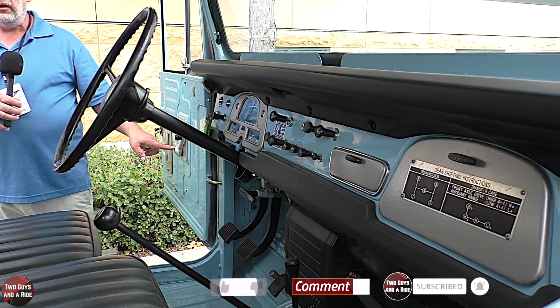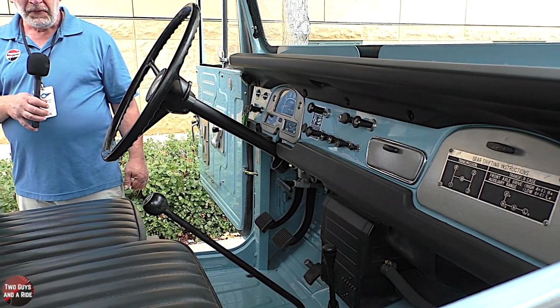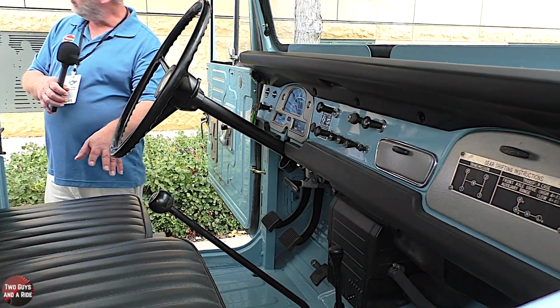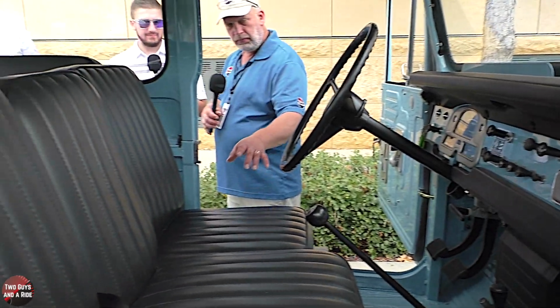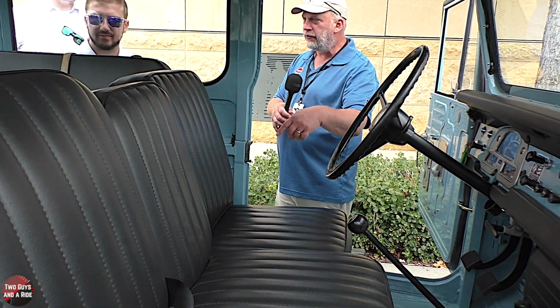If you don't know what one of these is, folks, that's a window crank. If you've never seen one of those. The driver's seat adjusted a little bit. Yep. But I don't know that the passengers did. No, I don't believe so. I mean, it looks like it might fold down for an armrest, but it wasn't adjustable to get in the